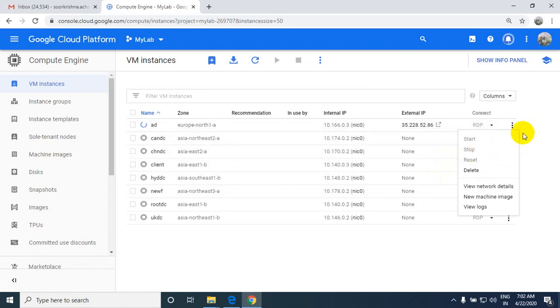Once the work has been done, you need to select stop, so that it is not in use, and the billing chargeability will be stopped at that moment. This will help you reduce the billing cycle or the cost of utilization of the Google Cloud Platform.